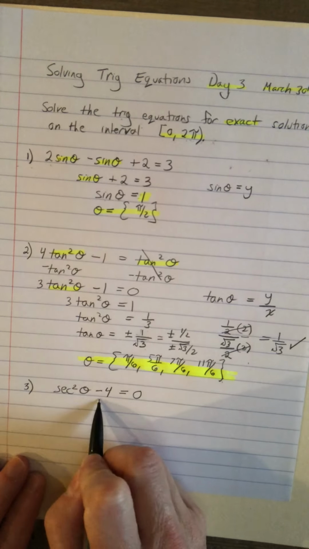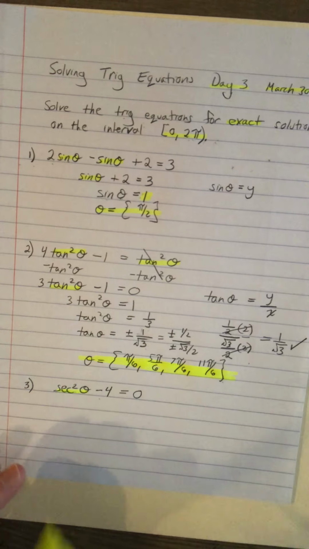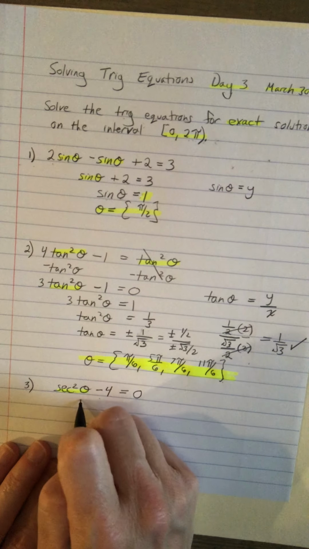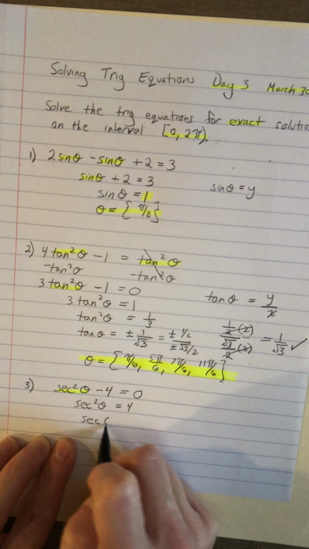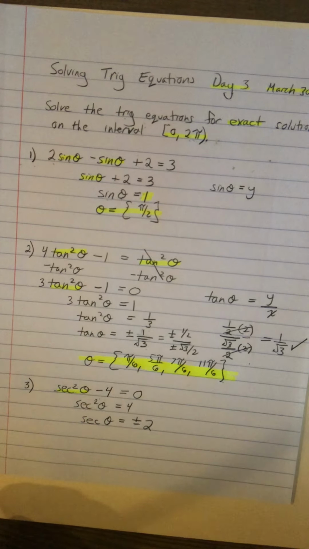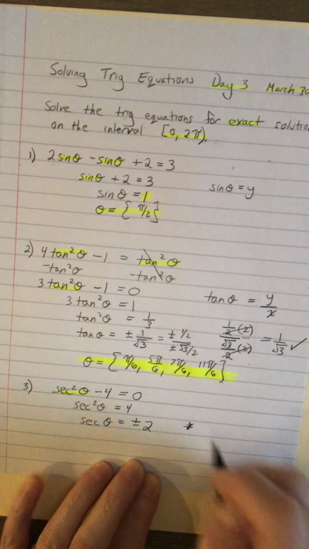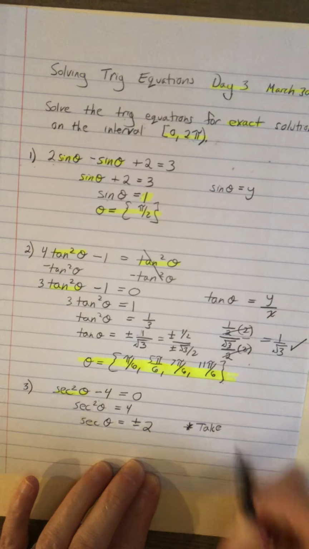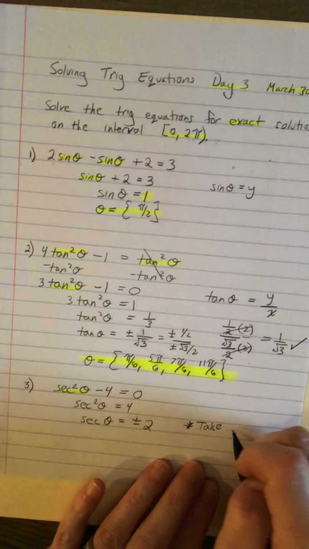Now, first thing, I have a squared, I have a secant. I only have one of the terms, so it's not as bad. I'm just going to start by moving that 4 to the opposite side, and then taking the positive and negative square root of 4, which would be 2. The reason I'm going over this now is right when you get here, I want us to remember, we want to take the reciprocal. If I have a secant, a cosecant, even if you're more comfortable with the cotangent, but especially a secant and a cosecant, I want to take the reciprocal